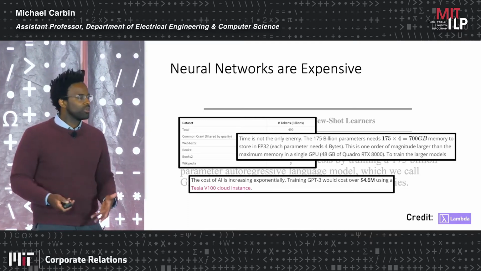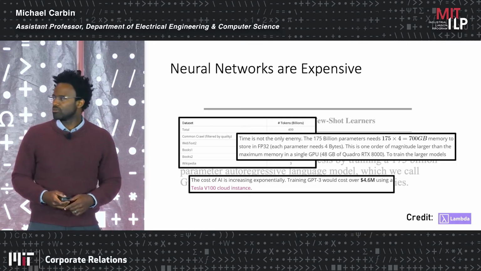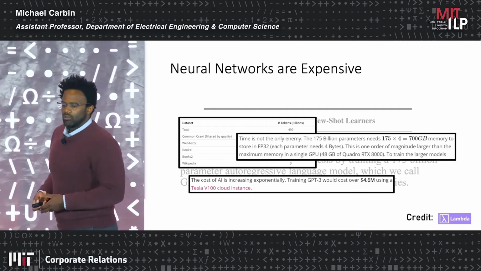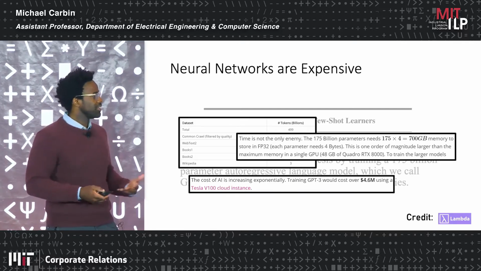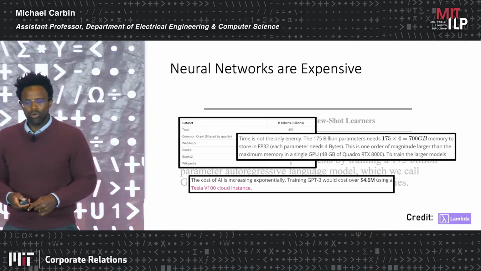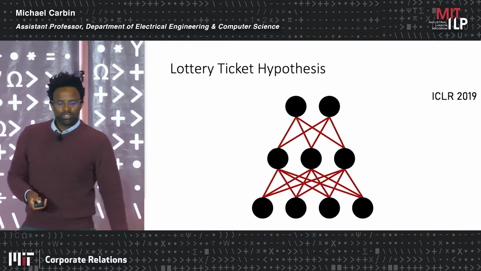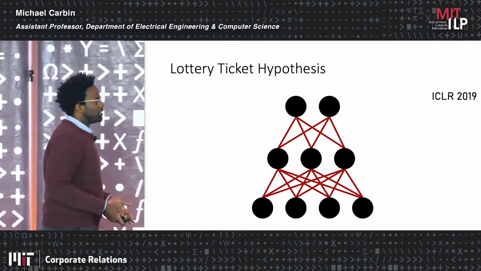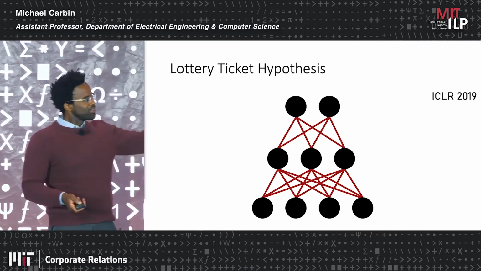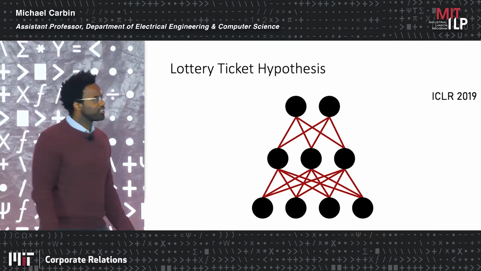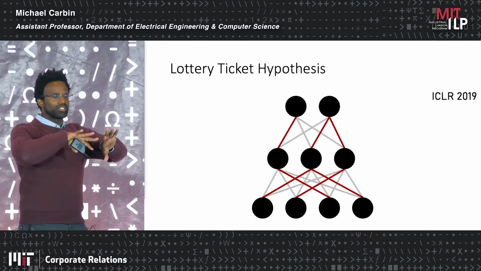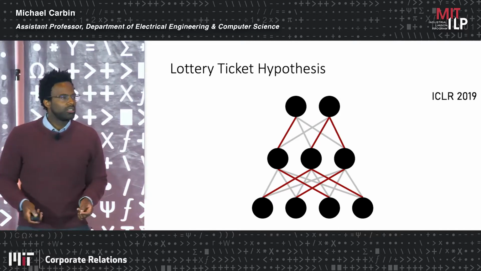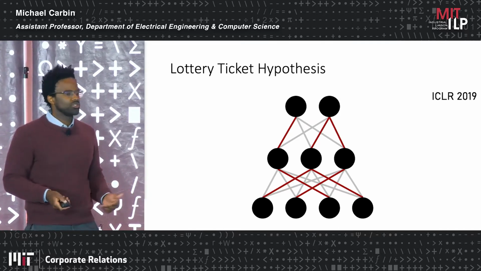And so there's this open question. How can we make this more efficient? I mean, that's why we're here today. How can we actually bring this technology into the reach of smaller players or just less resourced players? And the work I want to talk about today is some of the work that we've done on the lottery ticket hypothesis, where the core observation is that we can take some of these large neural networks, I've got this cartoon of a neural network, and actually find subnetworks, essentially subsets of connections, that we can train to be equally accurate as the original large network.